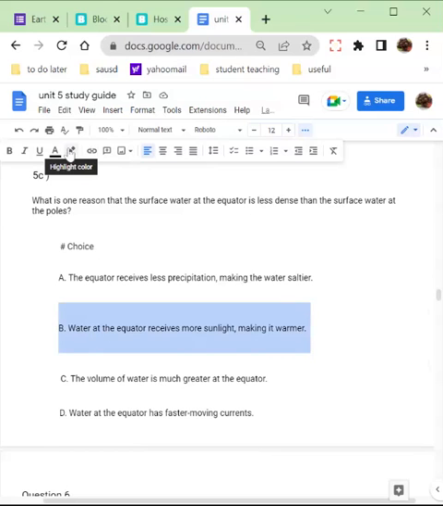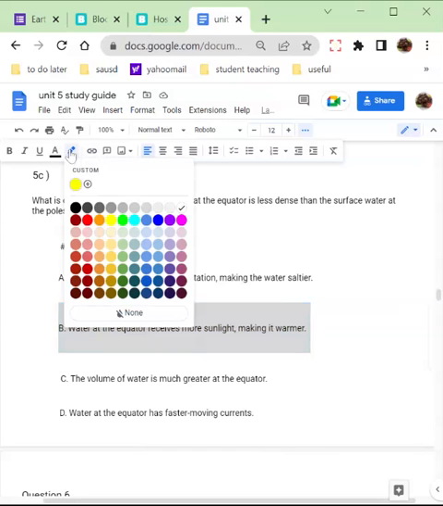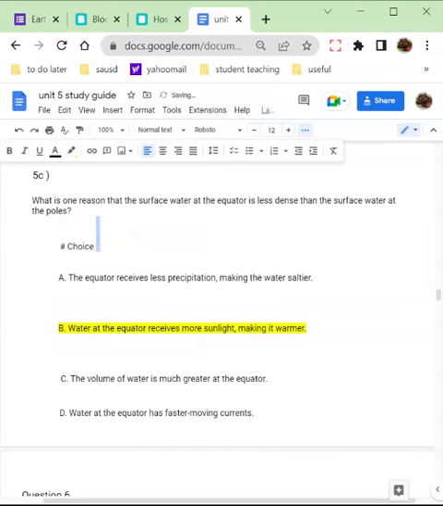They do receive the most sunlight, which makes the water warmer. And when the water is warmer, it evaporates. When it evaporates, it forms the clouds and then it rains down. So that's why I'm saying with the heat, the warm rain. And with the water evaporating more too, that makes it less dense because some of the mass is being evaporated up into the air.